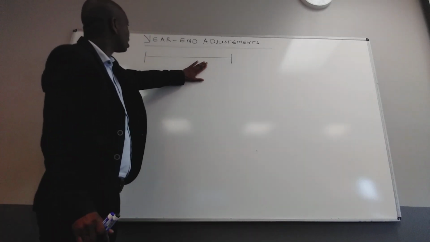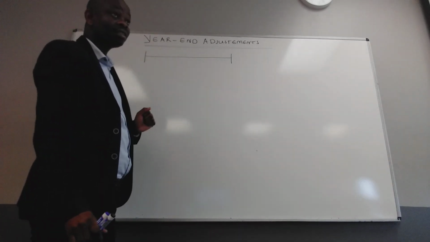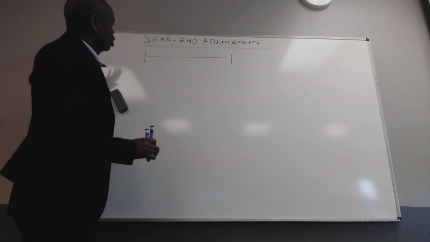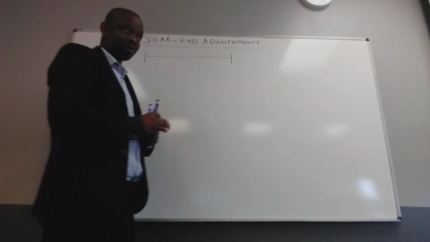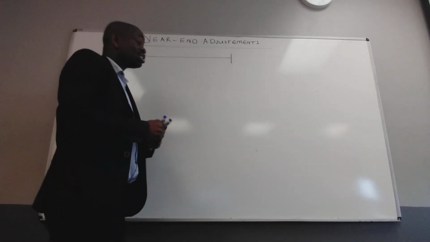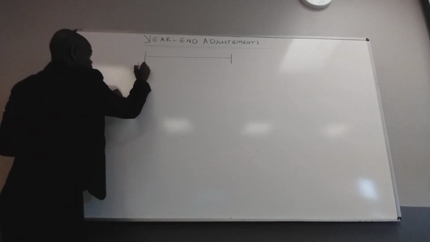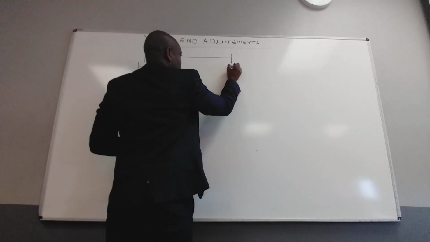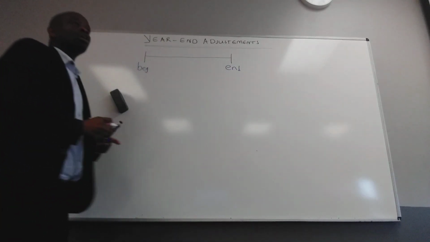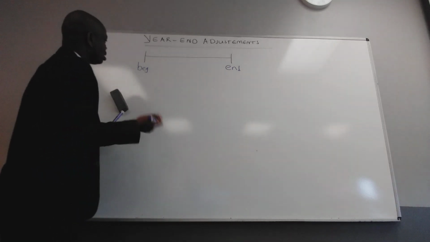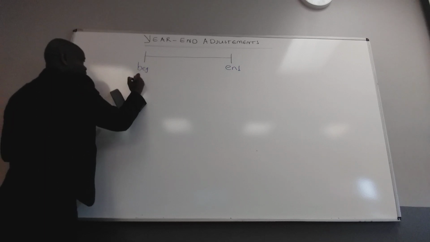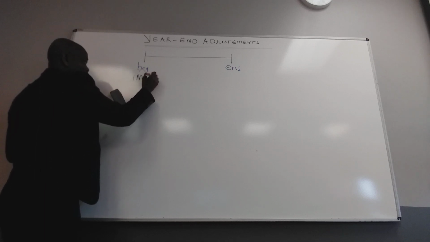This is the year-end adjustments. Normally with this section, I prefer us to draw a timeline. It's important for us to do that. And this timeline means here is the beginning, and this is what? The end. Let's take an example, a period where we started on the 1st of March